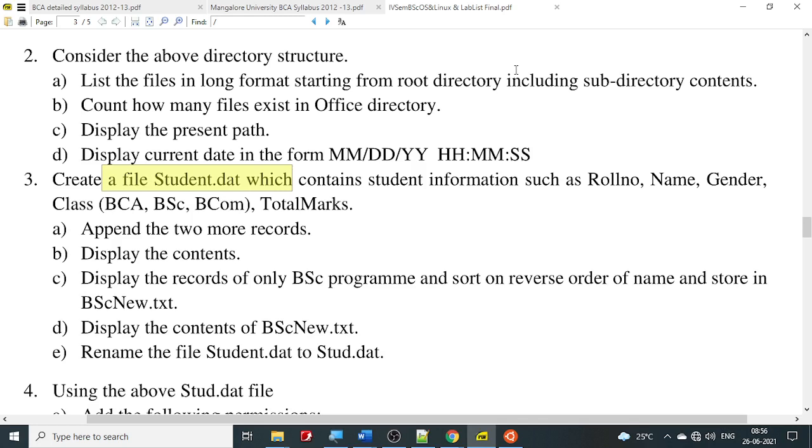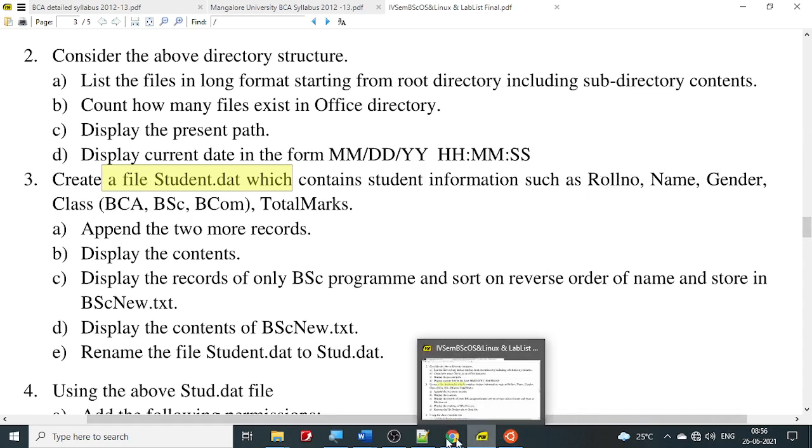However, you can save it and then edit in nano. There is nothing wrong in it. So let's go ahead and start with the roll number, name, gender, class. So we will start with the